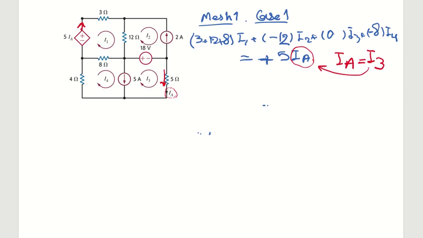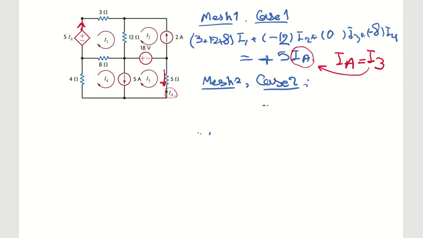Let's look at mesh number 2. In mesh number 2, which case is it? You have to decide based on the current sources. Yes, in mesh number 2, there is a current source, and that 2 amp current source is only located in that mesh. So that would be case number 2, the easiest case to write the equation, and the